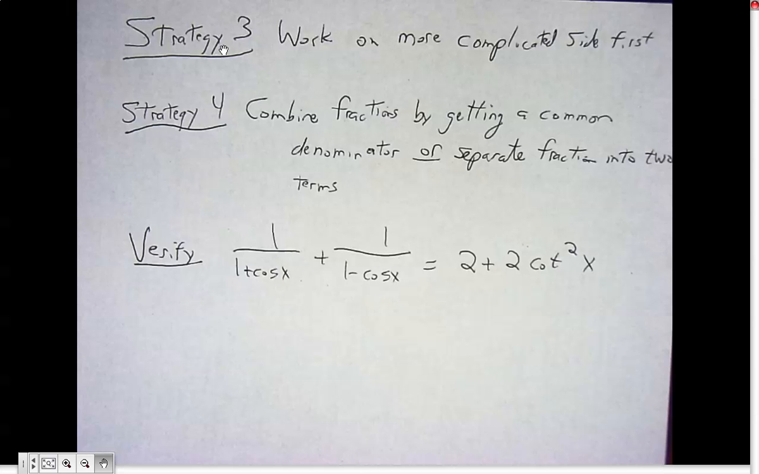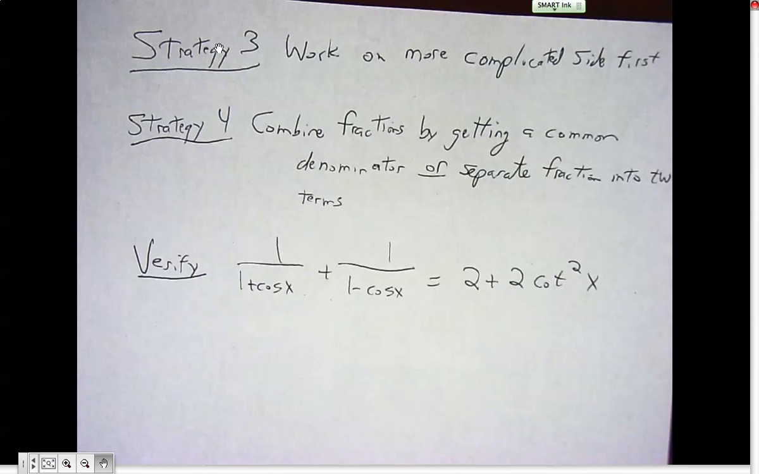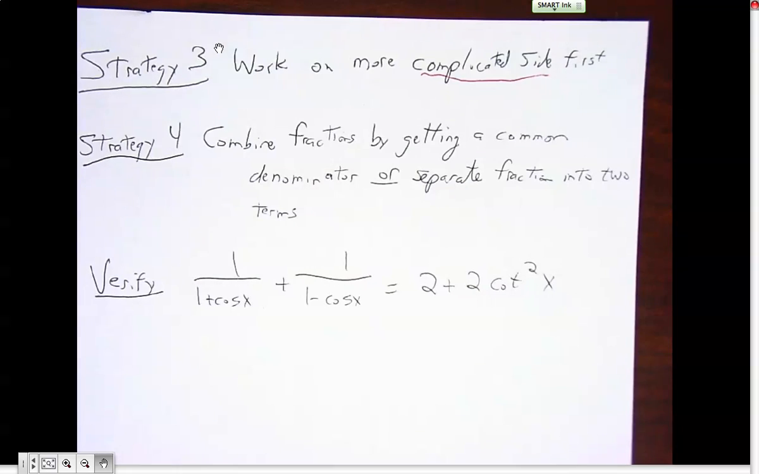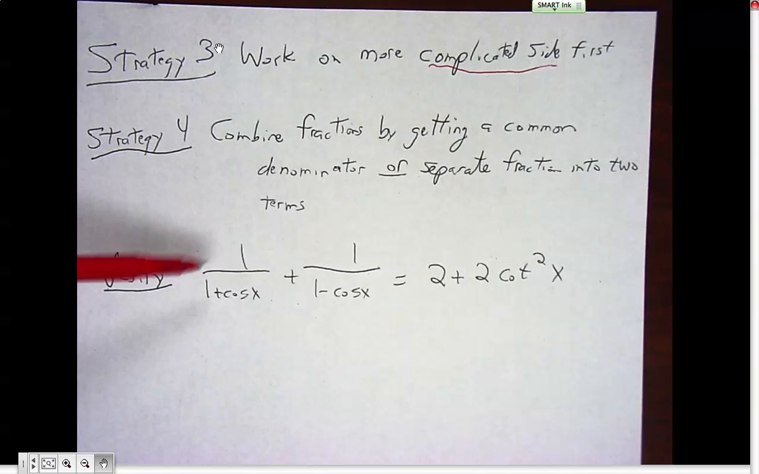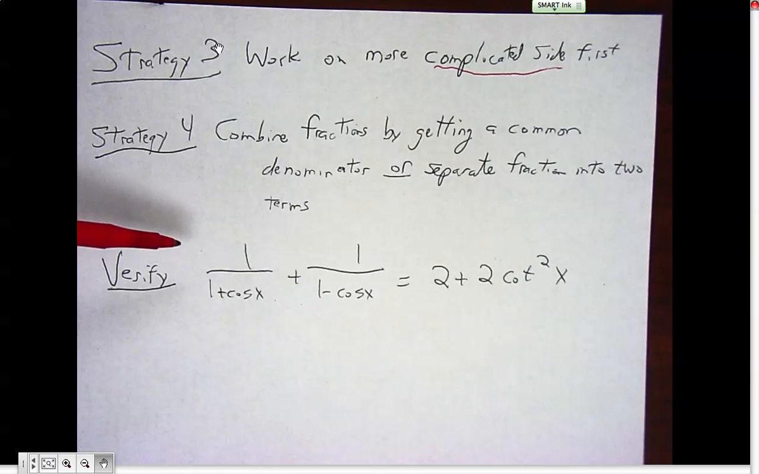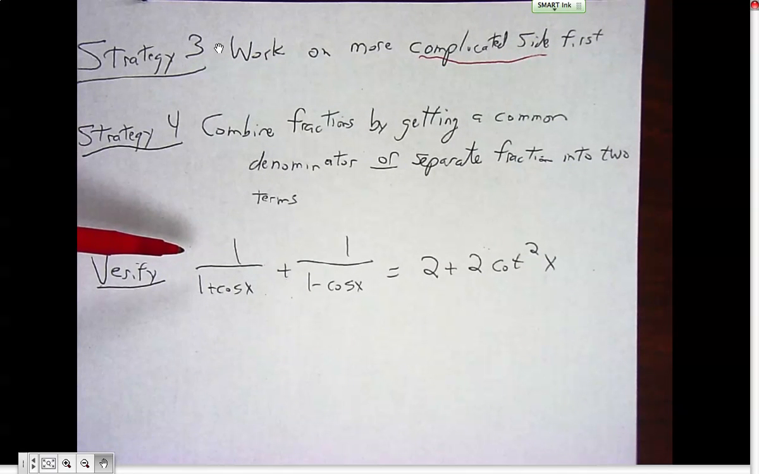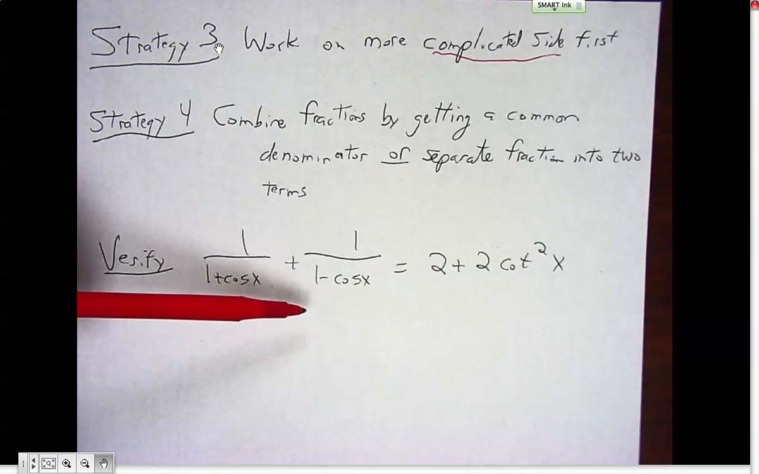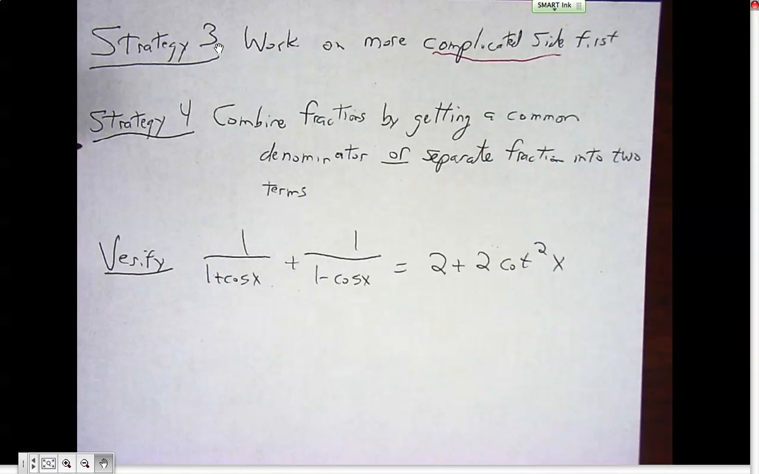side first, and then working with fractions by getting a common denominator, or sometimes separating one fraction into two. So strategy number 3, of course, complicated side, that can sort of depend on your opinion, and in particular on this example that we're doing, both sides are actually fairly complicated. So I could see some arguments for working with either side. But I think I'm going to pick this side just because it seems like there's a little bit more possibility, there are these fractions to work with, and this allows me to work with strategy 4, which is when you've